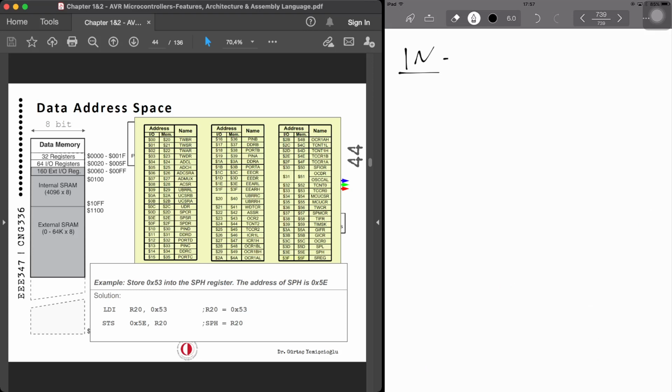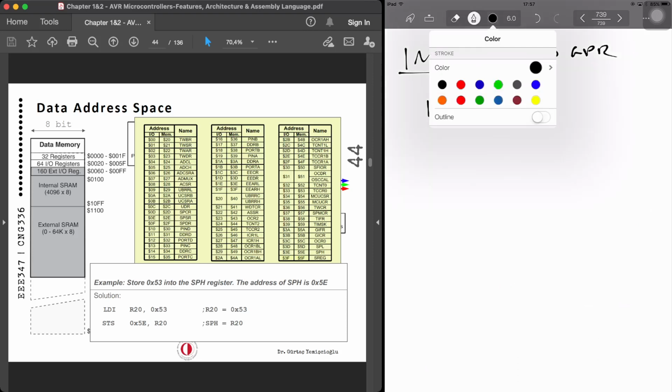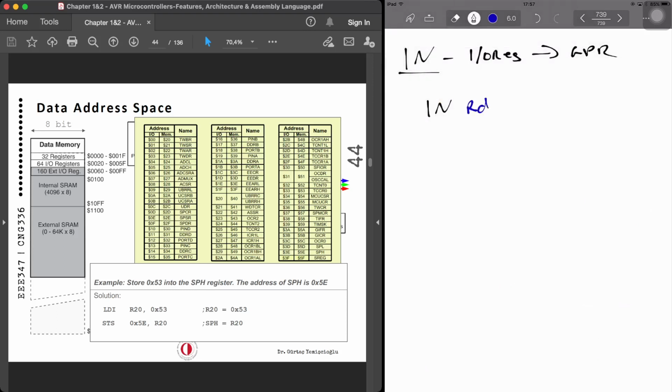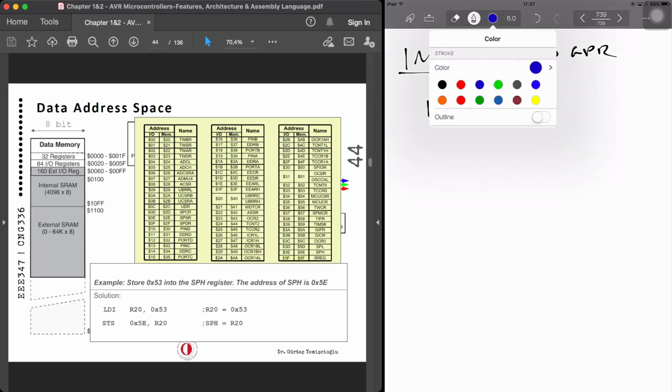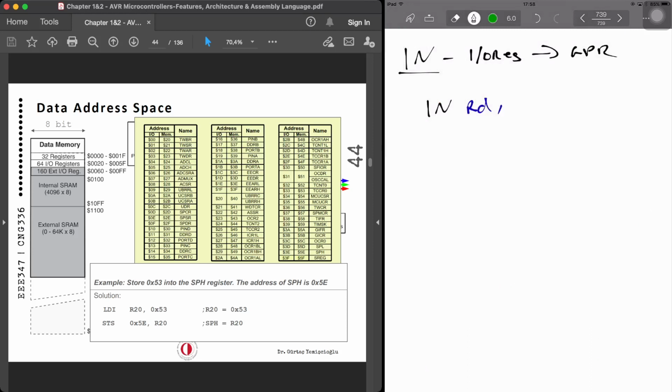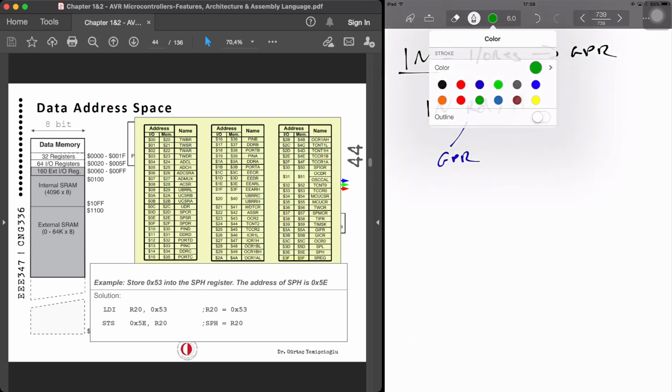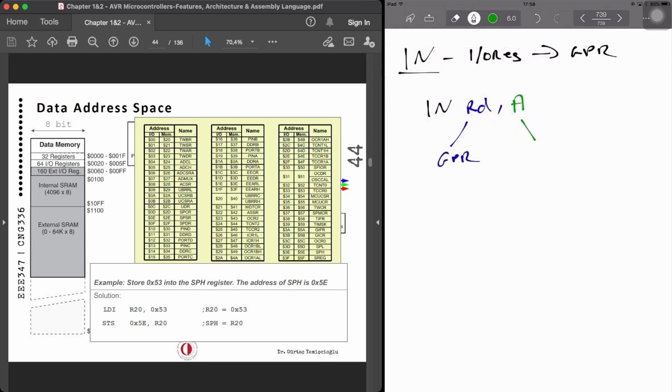So, I/O reg to GPR, and the instruction is IN Rd, A. Rd is the GPR, and A is the I/O memory,